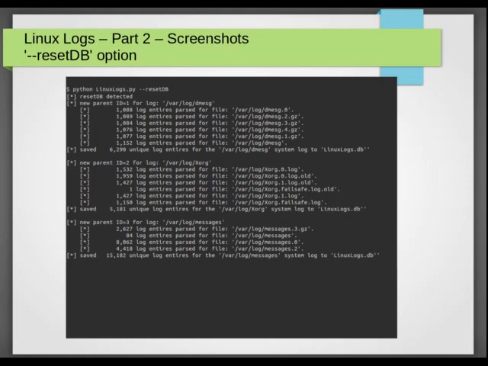So the first log being parsed is the DMESG log family. As you can tell, there are many files in there. Some of them are archive versions, and others are compressed versions. My script handles them all. You'll also note that if you tally up all the logs